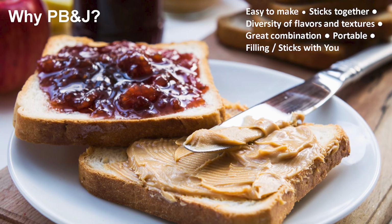Our next slide is a beautiful picture of a peanut butter and jelly sandwich being made. And we thought we would start out just by talking about that sandwich. It's a quintessential American sandwich. Now, I was going to say it's a quintessential sandwich, but I have learned from people this week and also